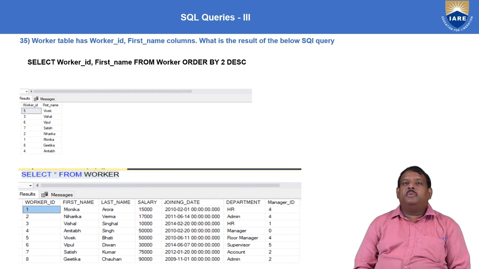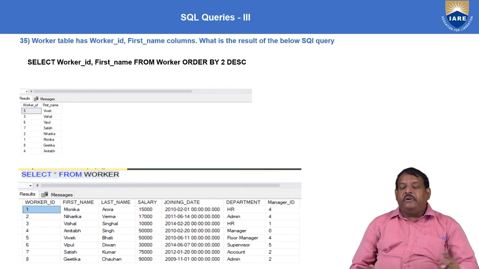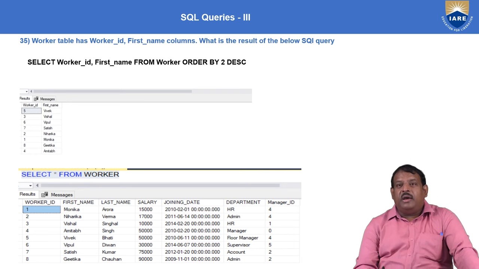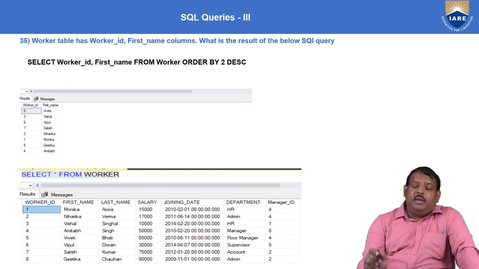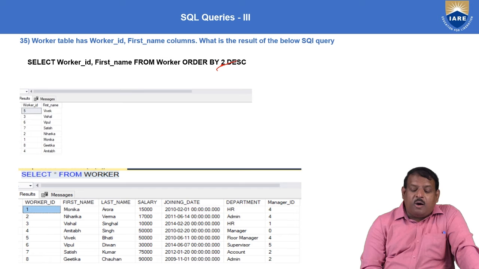There are 2 columns. Order by 2 DESC. Generally after order by, you're expecting a column name, but you're not seeing a column name here. You're seeing something called 2. Now what does this 2 mean? This is the column order in the select query.